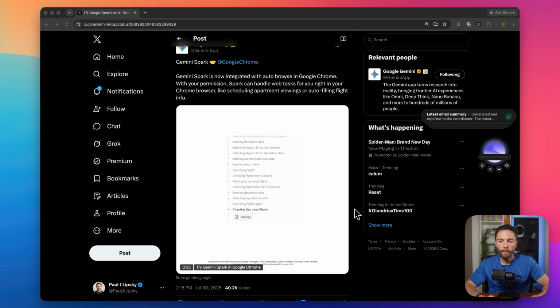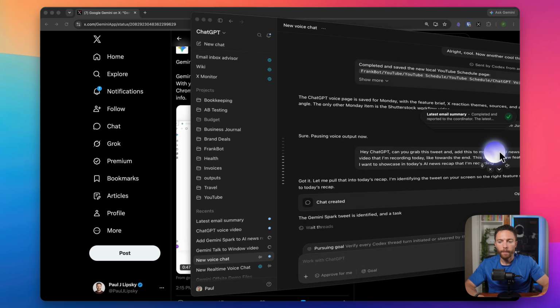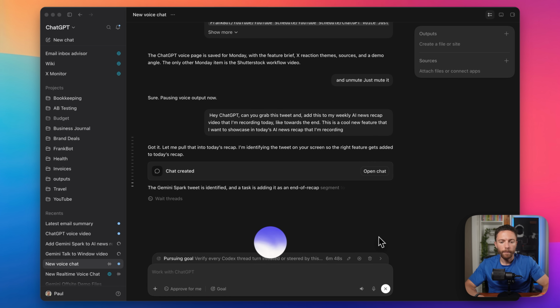Got it. Let me pull that into today's recap. I'm identifying the tweet on your screen so the right feature gets added to today's recap. The Gemini Spark tweet is identified and a task is adding it as an end of recap segment to today's